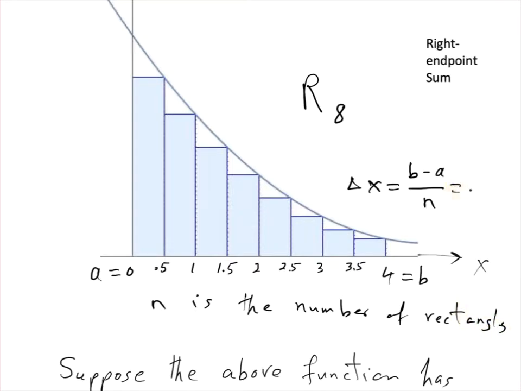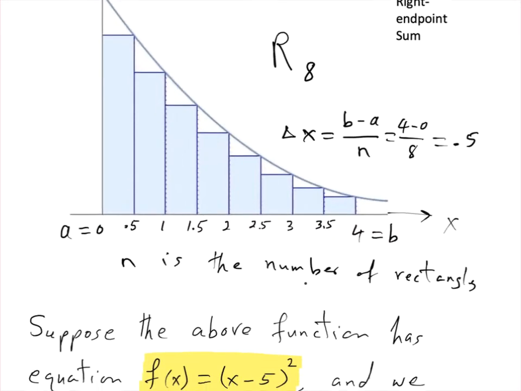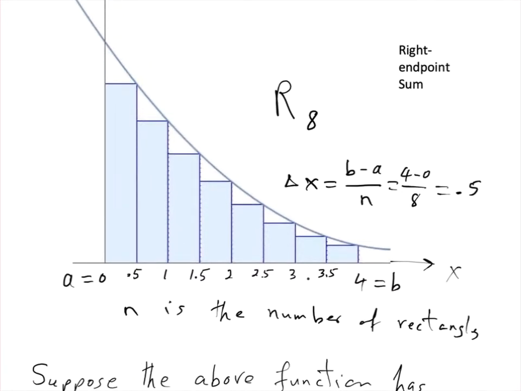And in this case, we have 4 minus 0 divided by 8. And that's how we get half. So now we have the width of each rectangle, and we can calculate their heights and then add all the